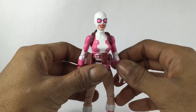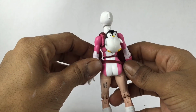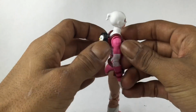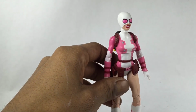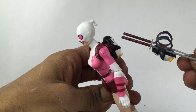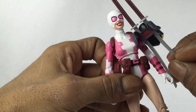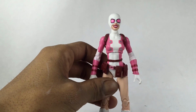Once in your hand, I can't really complain much if you already know what to expect from a female figure as far as articulation. A pretty cool figure, the deco is painted nice. I have another one here if you're wondering why. I'll give you a sneak peek of the next custom. Here's the unbelievable Gwenpool in black,